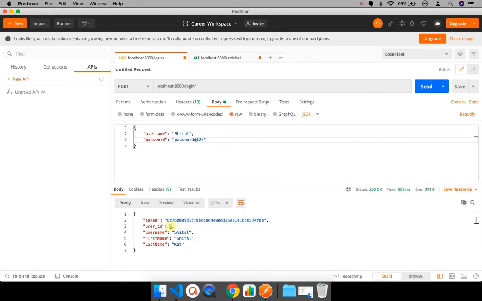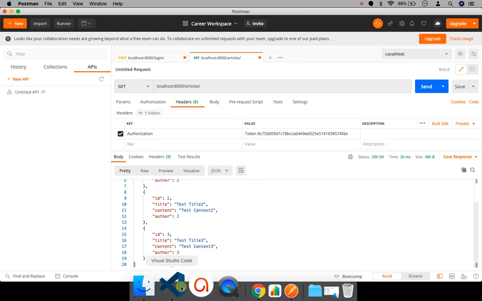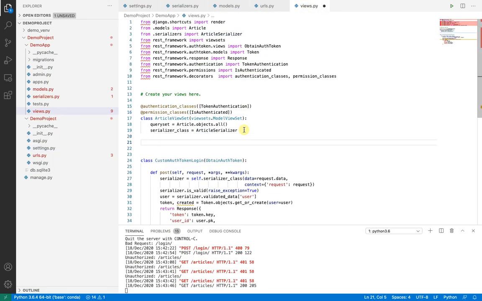There is one problem. My user ID is 2, but I can see all the articles. I should be restricted to the articles with user ID 2 only since I have logged in with user 2's credentials. So there is just a one-line solution. Actually, a two-line solution.